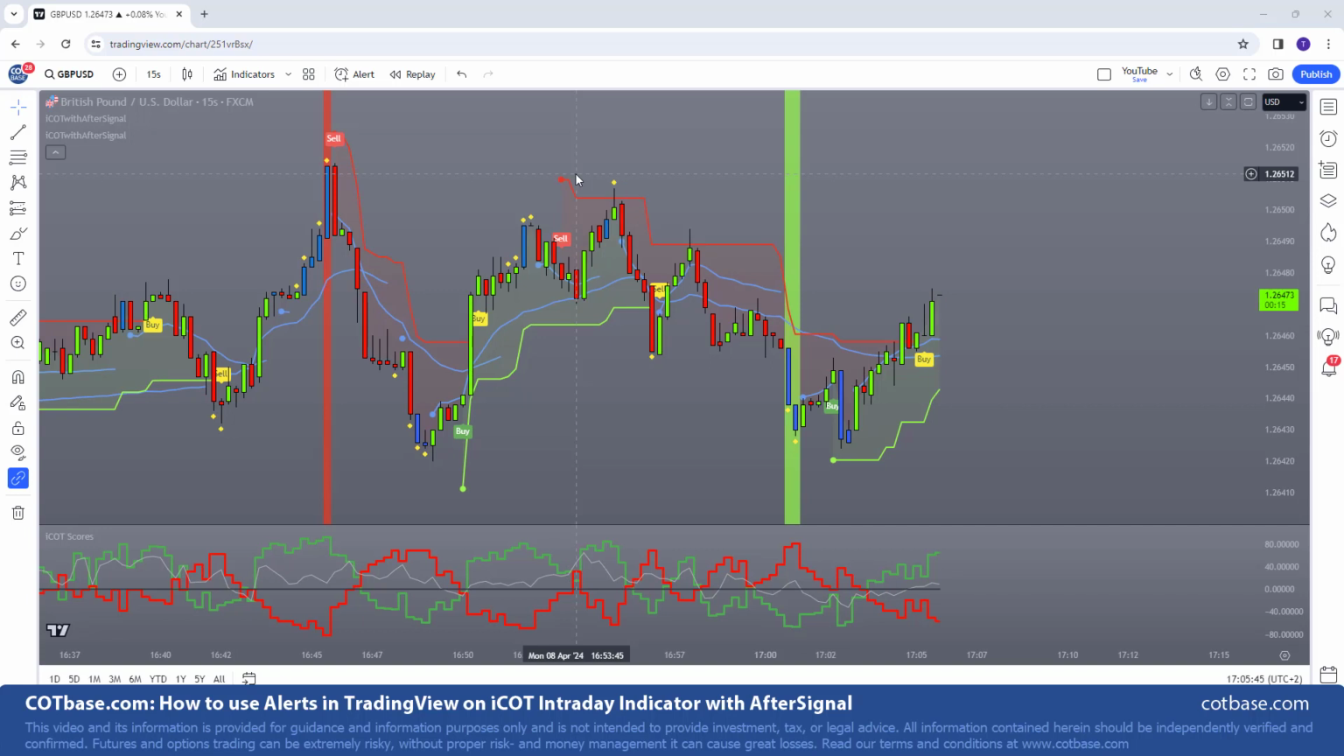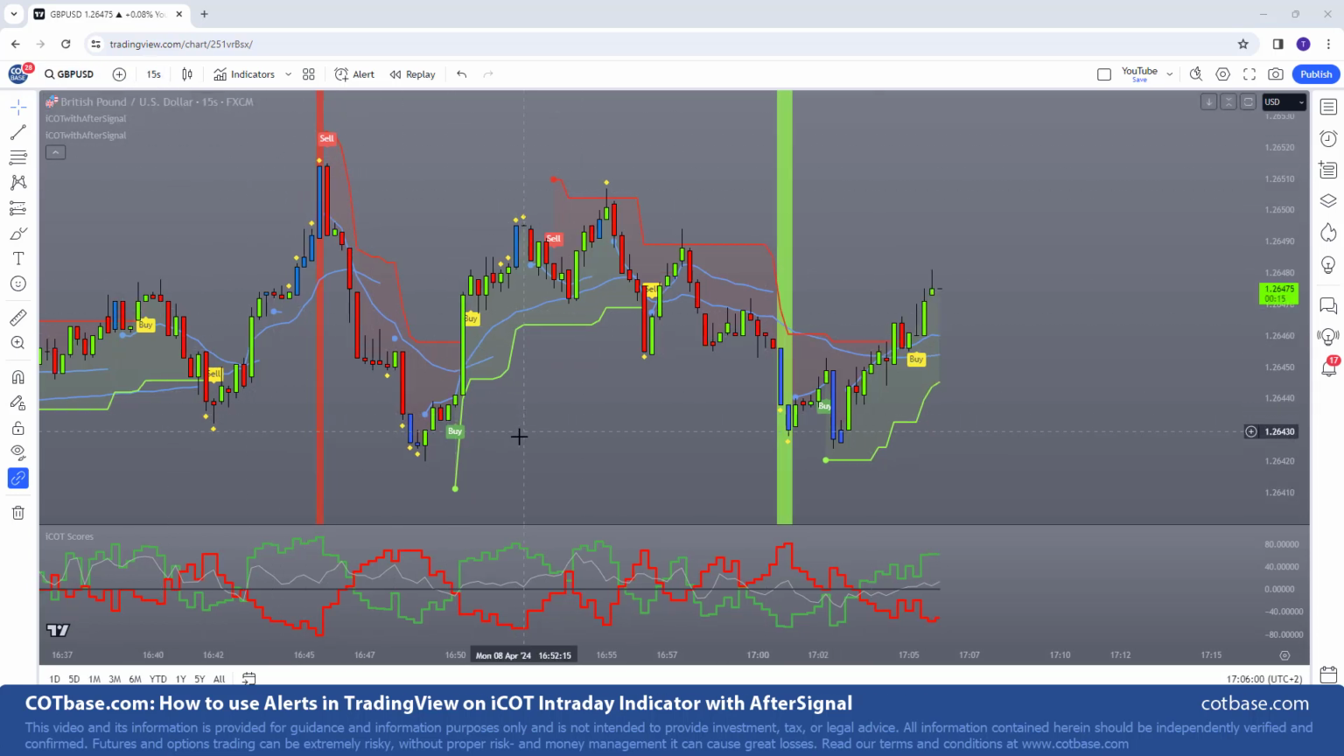In today's video, I'd like to give you some guidance on how to use the alert function in TradingView on our wonderful iCOT intraday indicator with Aftersignal. You can see this is a British pound US dollar currency pair on a 15-second candlestick chart. The reason I'm using this short time frame is we really just want to show you the alerts. But just by looking at the chart, it seems to be a very great looking chart over here